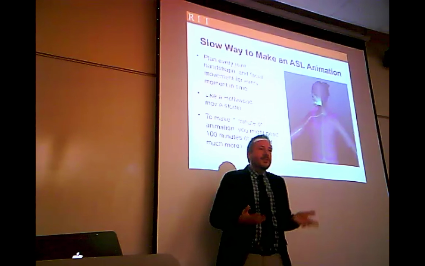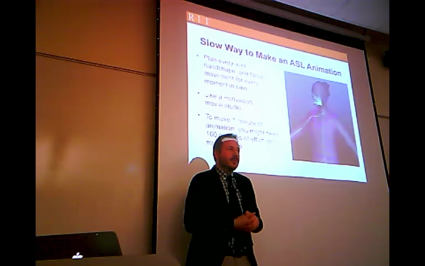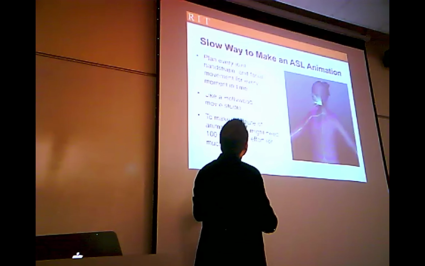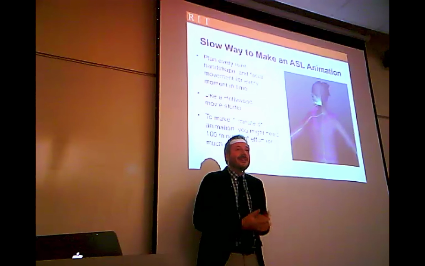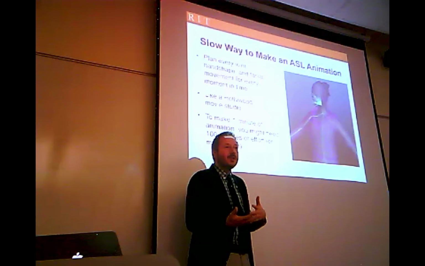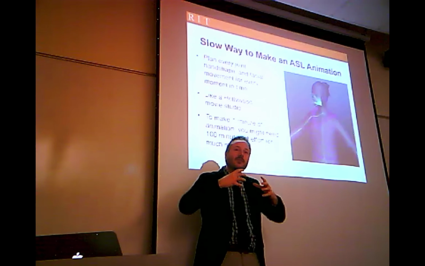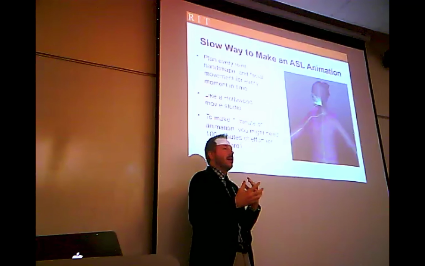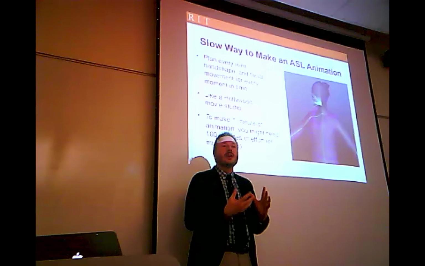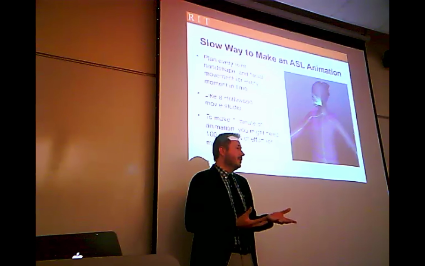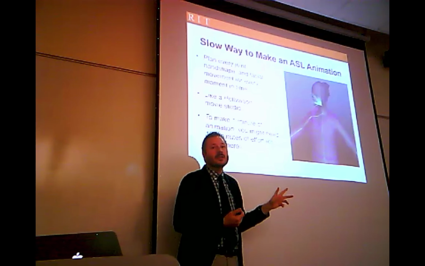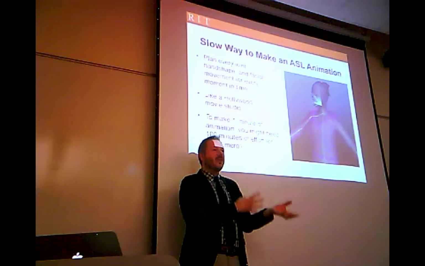There's a couple ways that you can make a sign language animation. So I'm going to show you some of the ways we don't do it first. There's a terribly slow way that you could make an ASL animation. So you could do the same thing that a movie studio would do. You could control every joint of the body at every moment in time, and you get something that's very beautiful and very fluid, but it takes a very long time to build. Okay, so there may be a 100-to-1 ratio in terms of effort to the final animation.